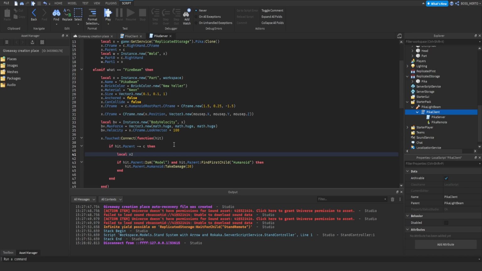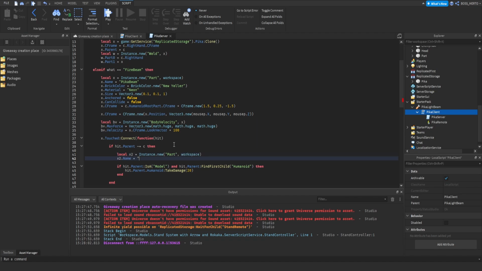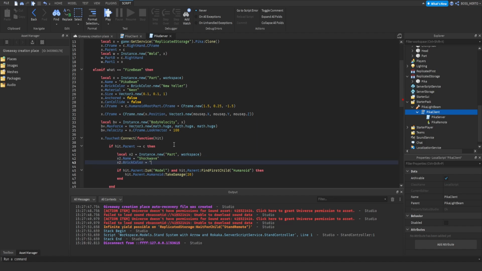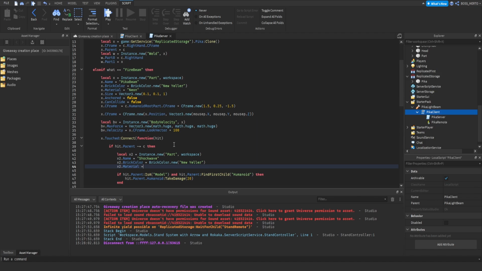So x2 equals Instance.new part, workspace, x2 name wave whatsoever. Brick color is BrickColor.new yellow. X2 material is neon, x2 shape is a ball, x2 anchored is true, x2 can collide is false, and x2 CFrame equals x CFrame,